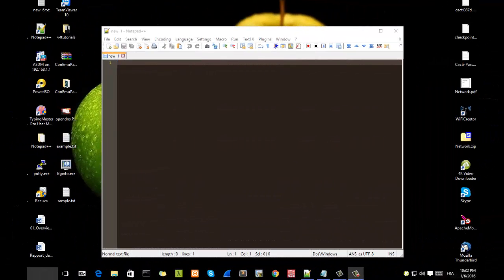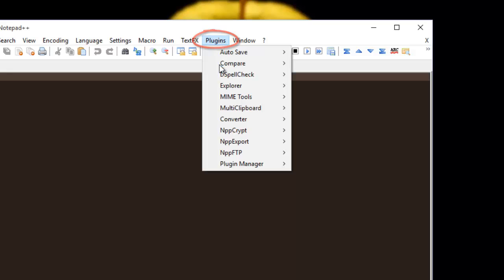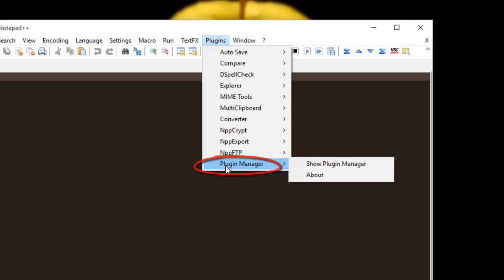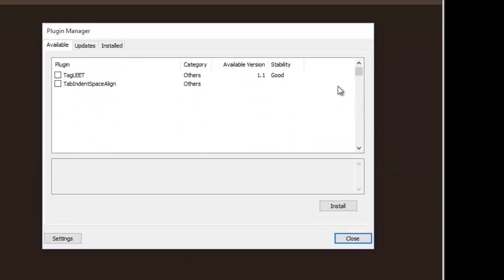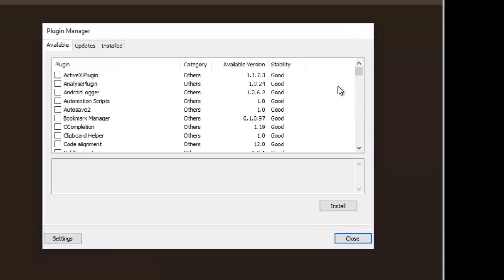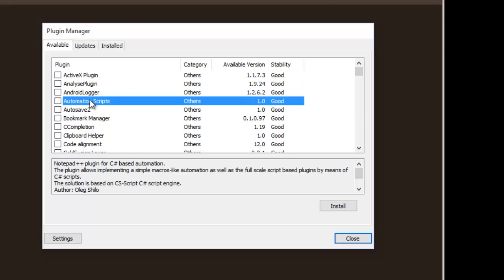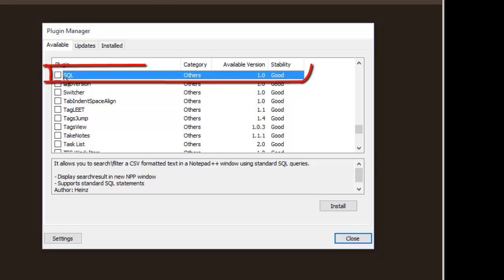So the first thing to do is to install this plugin. As always, I go to my plugins menu, then plugin manager, then show plugin manager. Then from the list of available plugins I have to search for SQL. As you can see here,